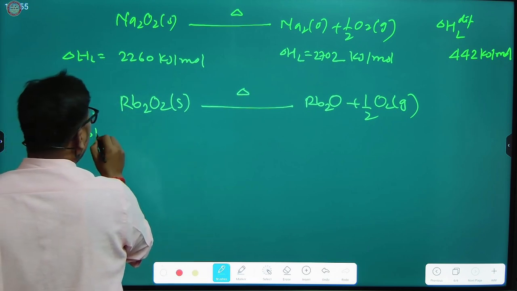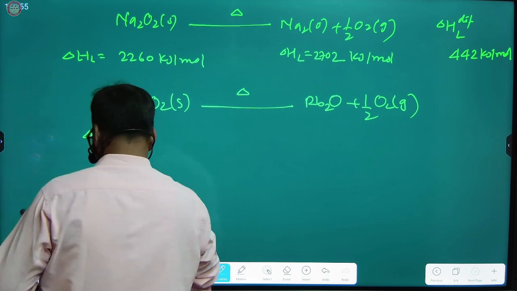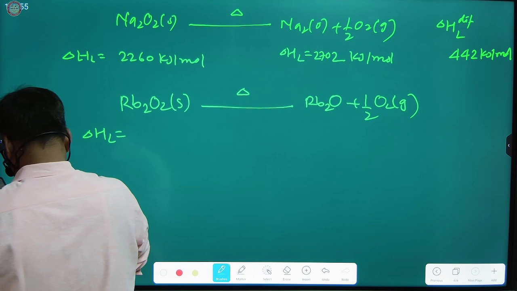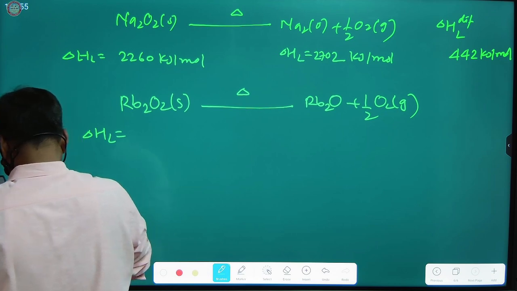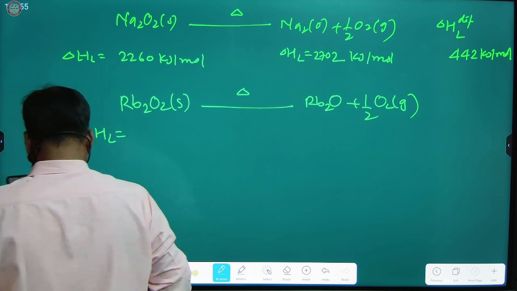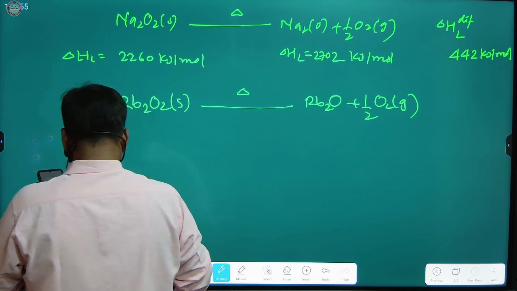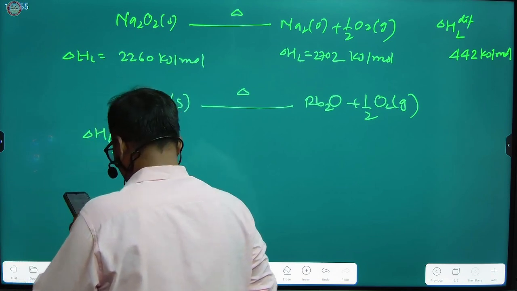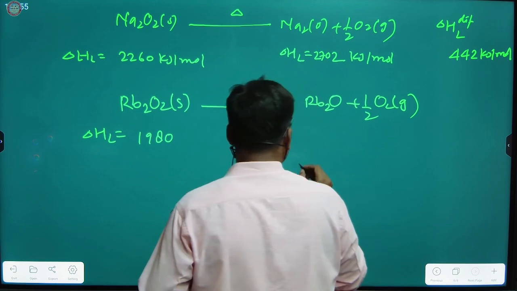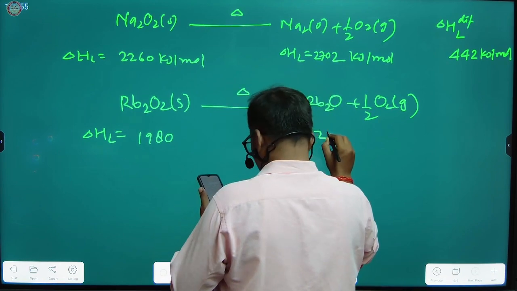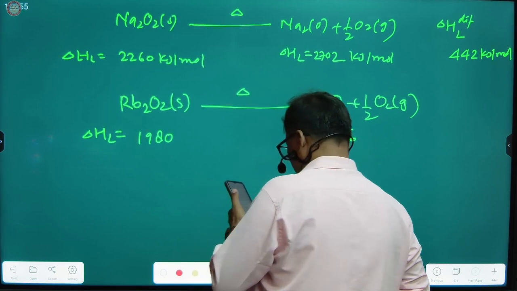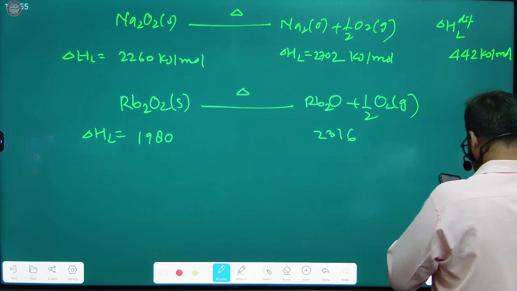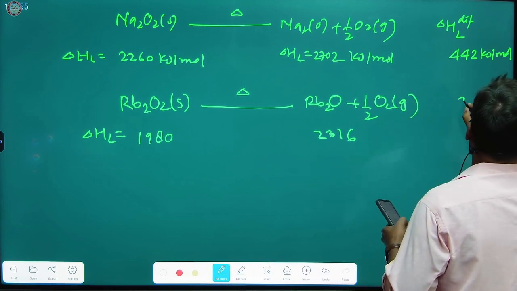Delta HL in case of rubidium peroxide, the data that I have extracted, is 1980 kilojoule per mole, or in case of rubidium monoxide 2316. And what is the difference of lattice enthalpy? That is 336